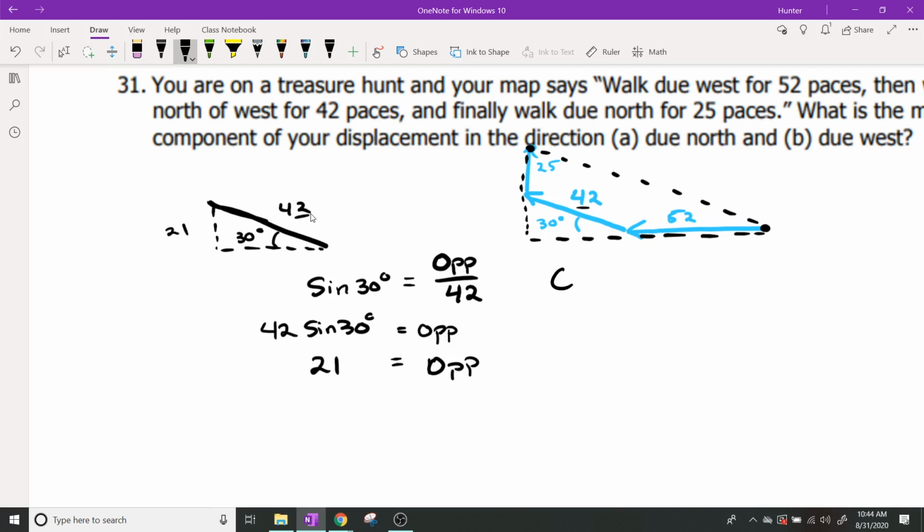So I'm going to keep using this 42. So to do that, I'm going to use the cosine. Say the cosine of 30 degrees is equal to the adjacent, which is the side next to it, the horizontal side, divided by the hypotenuse, which is 42. So that means our adjacent side is going to be equal to 42 cosine 30. That one is not a pretty number. So the adjacent side,